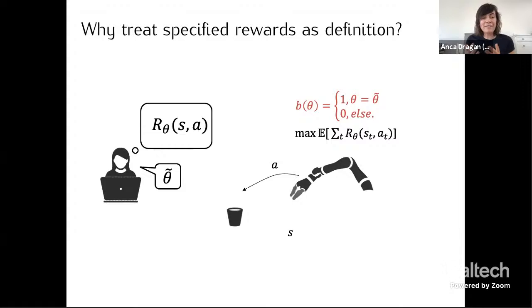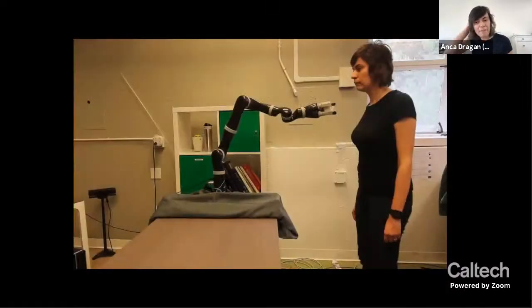And if I didn't get it right, then my robot is going to be deployed and optimize theta tilde instead of the actual theta that I want, in perpetuity. And on top of that, even if I try to help it along afterwards, it's not going to listen to me.